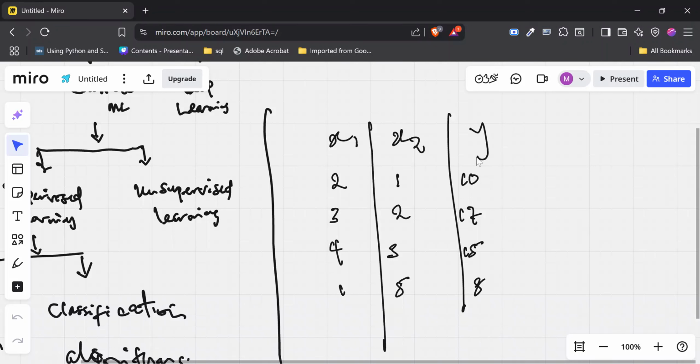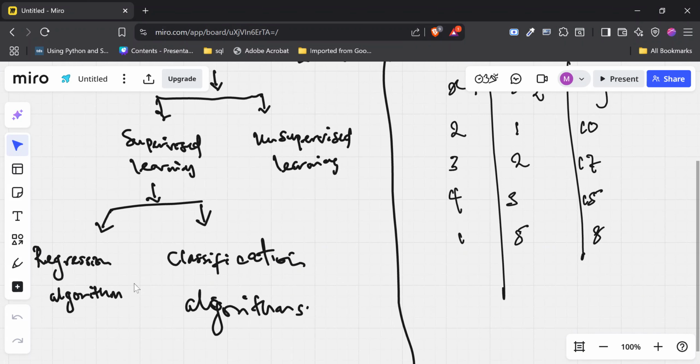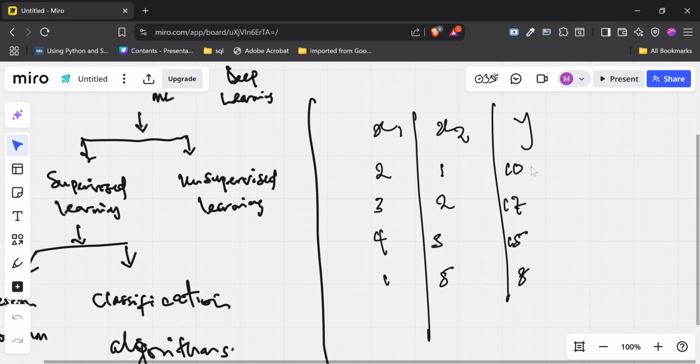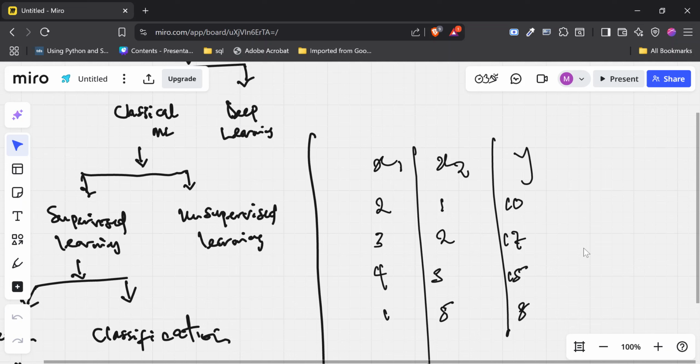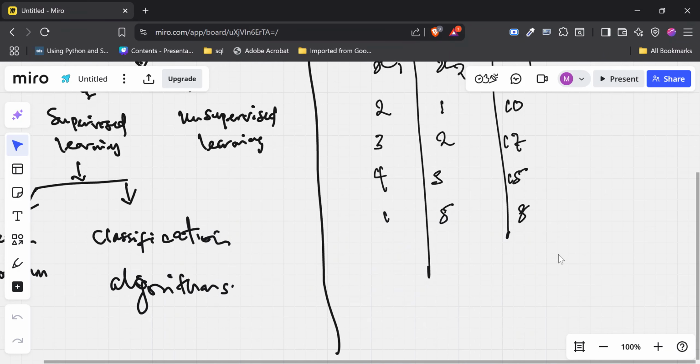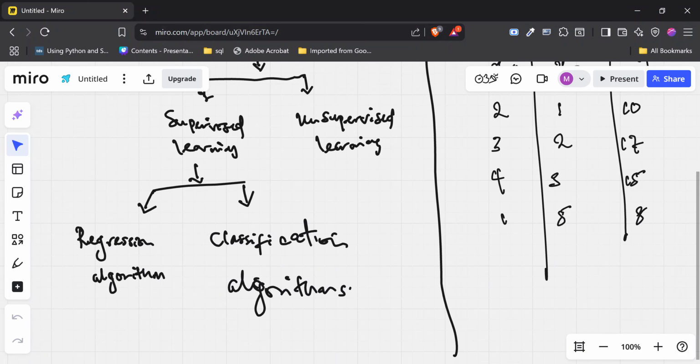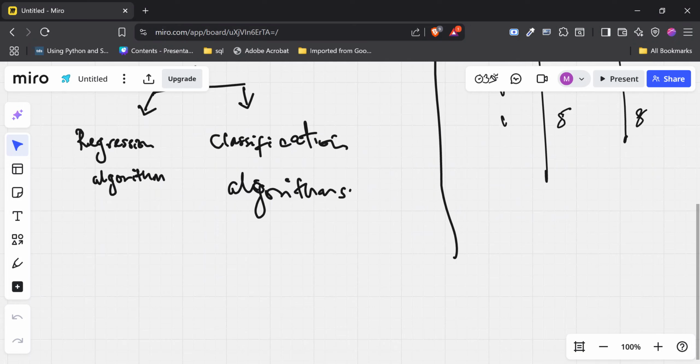Why? Because the values of y here are continuous, numeric variables that can go on and on. That's what makes it a regression problem that is going to require some regression modeling, some regression algorithm. But if this y had been some categorical variable, let's say yes or no, has cancer, does not have cancer, that's going to be a classification problem. So in this session, we are going to look at the first regression algorithm, like the absolute basics, which is linear regression.